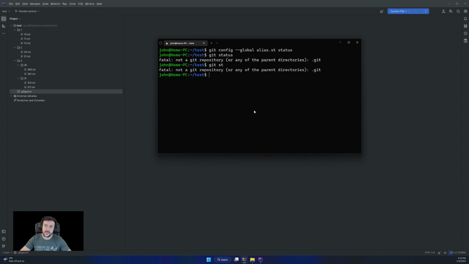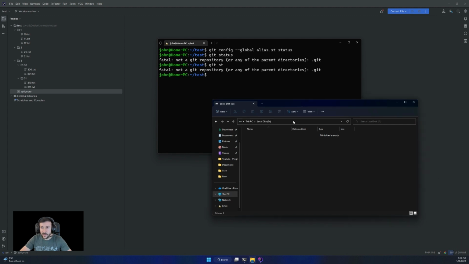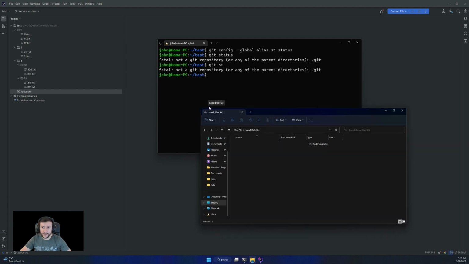Another useful thing that you can do with Git, if you want, let's say, to have a backup, but you want to have that backup locally, you don't want to connect to any service like GitHub or Bitbucket or some other service. I'm going to create something similar to what GitHub or these services do and create a backup somewhere separate from the working directory. I chose the drive D.